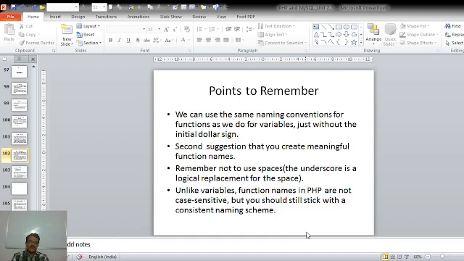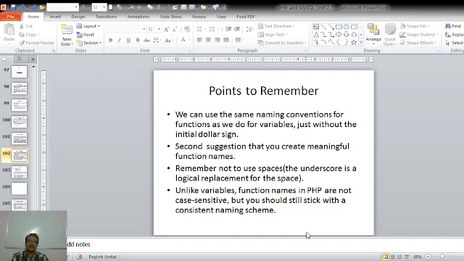The second point to remember is that we should create a meaningful function name. We should not create some random name like ABC, PQR, XYZ, right? By looking at the name of the function, the user and the developer should understand what that function is meant to do.